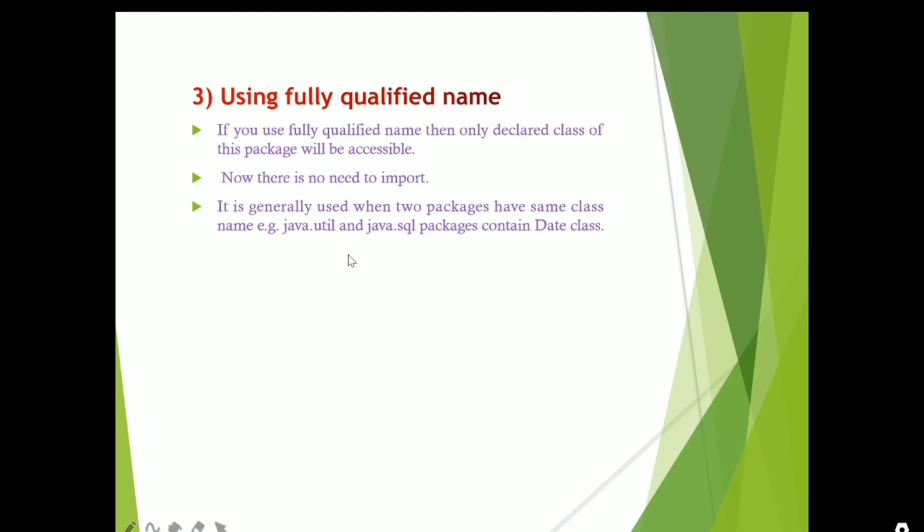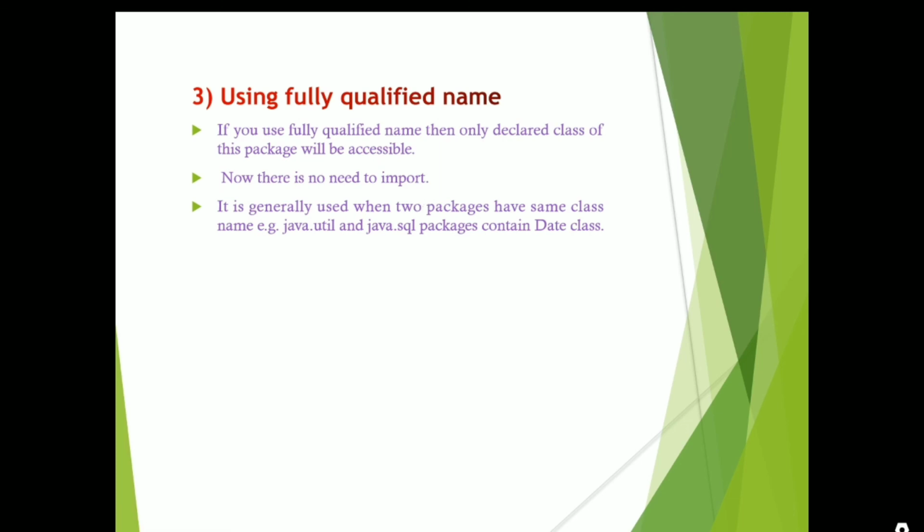And next is using the fully qualified name. When we use the fully qualified name, only the declared class of that package will be accessed. In those situations, we need not specify the import statement.